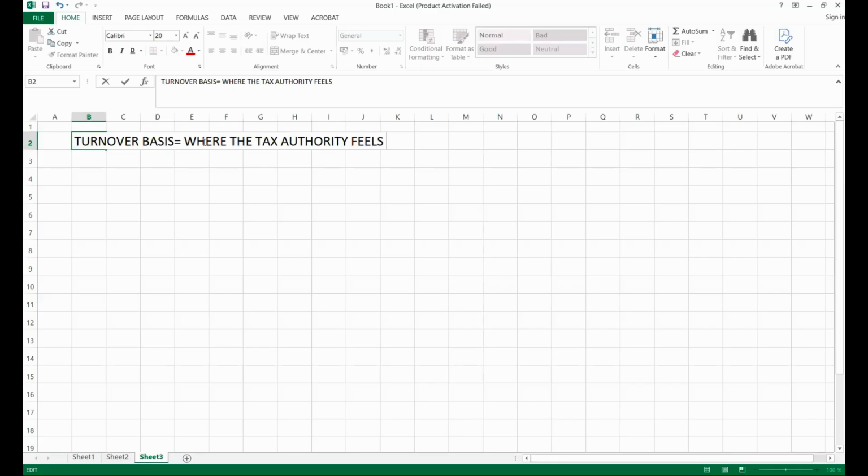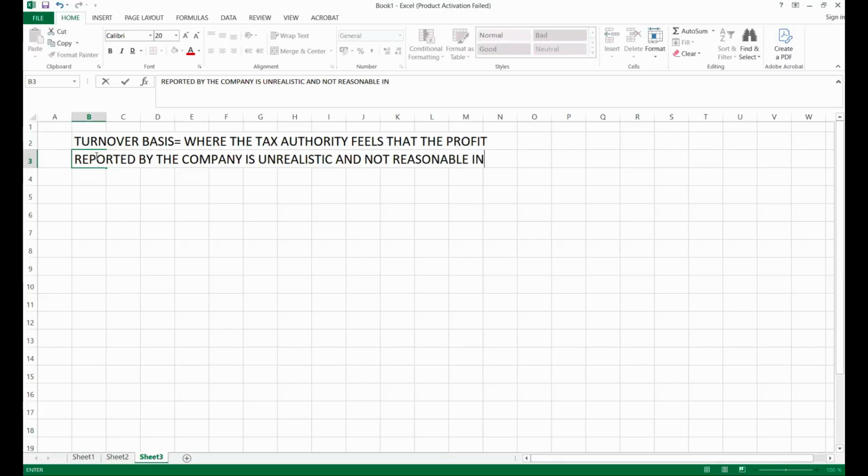feel that the profit reported by the company is unrealistic and not reasonable, in line with the industry standard. So if they find out that it is unreasonable in line with the industry standard, in that case, they are going to use a fair percentage. A fair percentage will be adopted